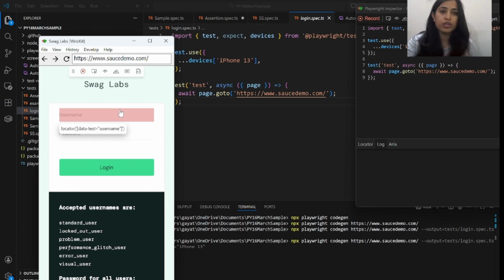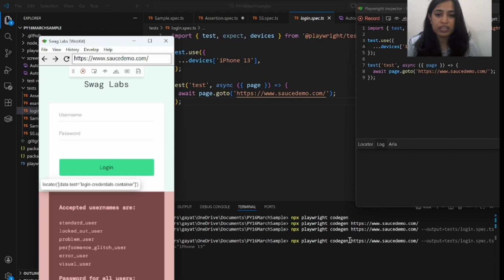And from here, whatever instructions or operations you perform are captured here and saved in the file. I have provided the file name as login itself, so it will add inside login, but you can change the file name to something like iPhone 13.